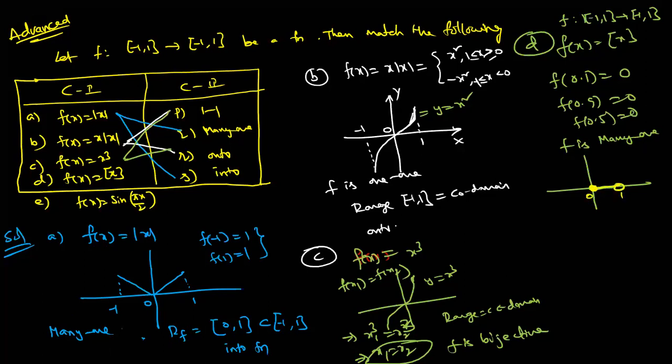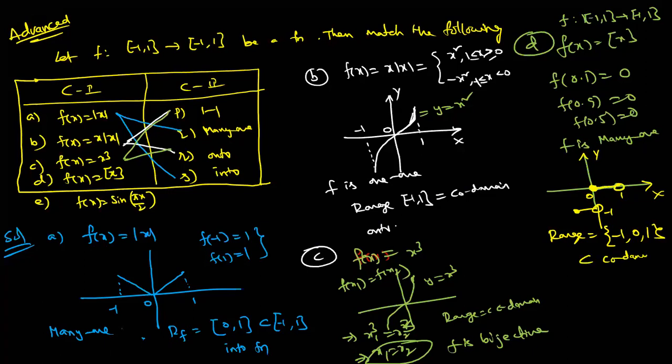This is the graph 1, 0, like that. Next, minus 1. Clear? How many points? So many are there. It has many images. But what is the output every time? What is the output? Anyone? You can get minus 1, 0, 1 only. It is clearly a subset of the codomain.